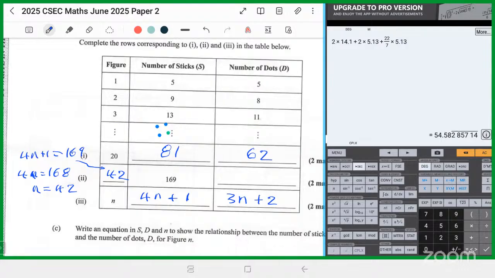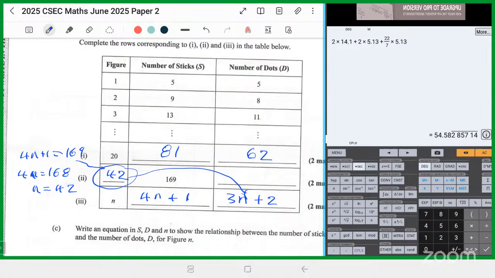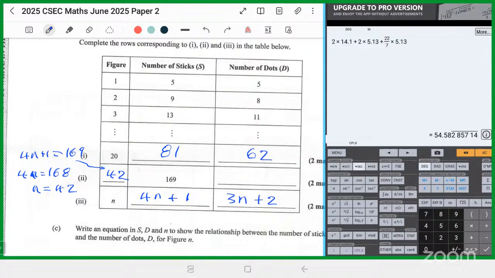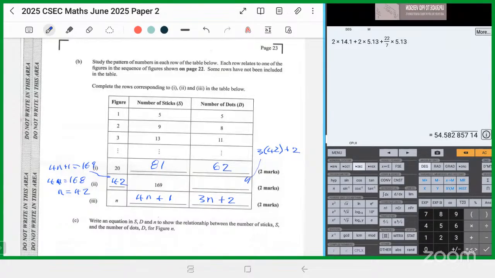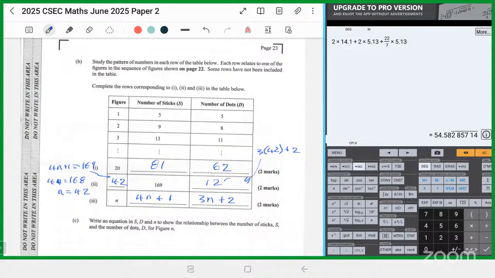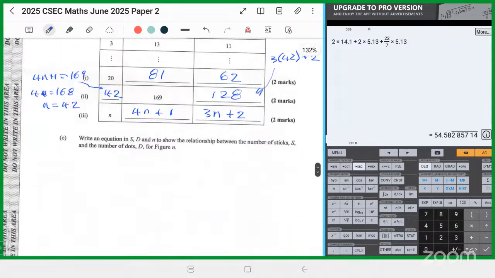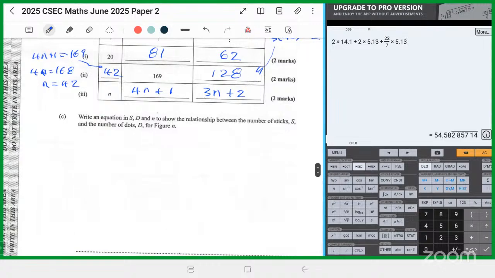All right. And then we want to take this 42 and drop it on this formula to get this one, which is 3 times 42 plus 2. We're doing 3 times 42 plus 2. That is 128. So right, take a dot. Next part says, write an equation in S, D, and N to show the relationship between